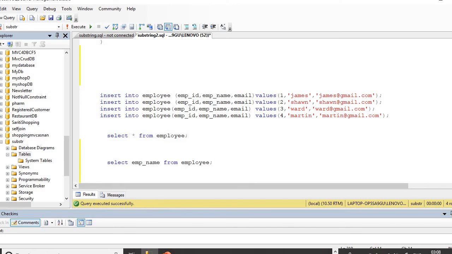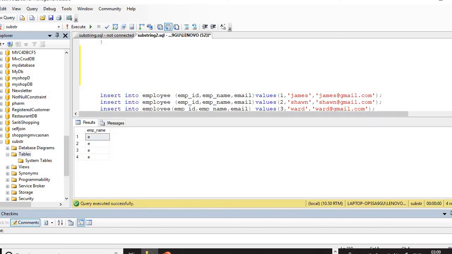So if we want the substring function, we give substring for this emp name. Then we give here 1 and 1. First we will take a simple starting position and simple length. So here emp name. So if we execute here,